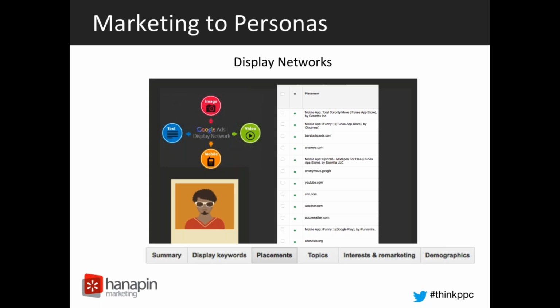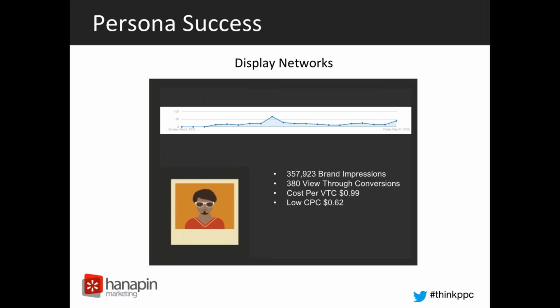And the reason I'm showing you this view is to reiterate some of the findings that we stumbled upon when creating our personas. Some of our most successful placements are on sites that reflect the interests of our audience: YouTube, barstools.com, CNN, and weather.com, to name a few. And we've seen great success through the display network in our remarketing campaigns as well. Again, we're getting great brand impressions,